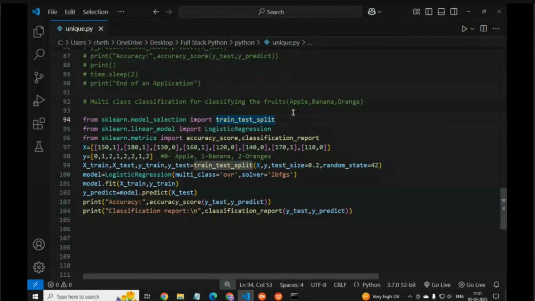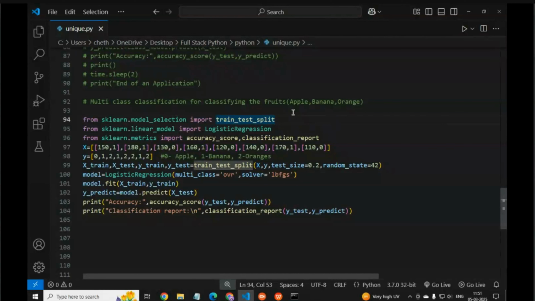Then after that we define the data set with weight and color score. Like 150 is a weight and 1 is a color score of that data, and in Y, 0 means apple, 1 means banana, and 2 means orange.